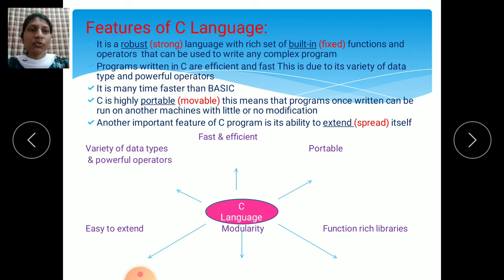Extend means, this is one of the main features of C, it spreads itself. Then there is a variety of data types and powerful operators. In C we use a variety of data types, meaning different types of data types. If you want to declare inputs, we use the different data types in this language, and we use powerful operators to write the code of the C program. So these are the features of the C language.